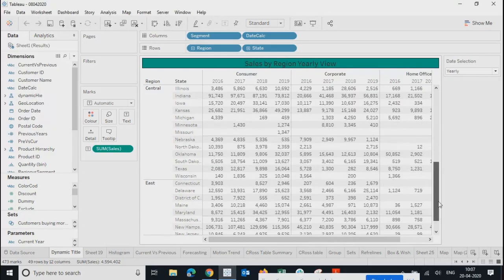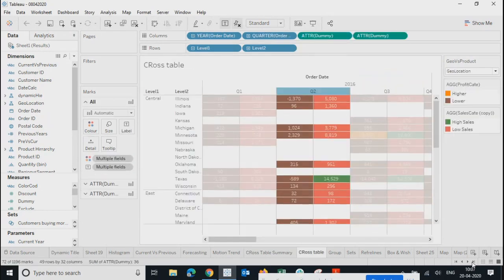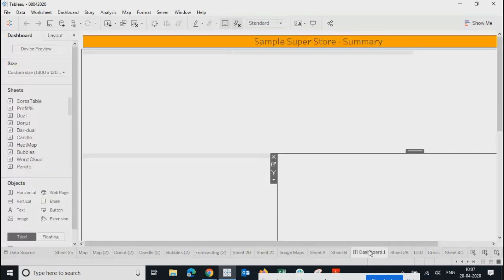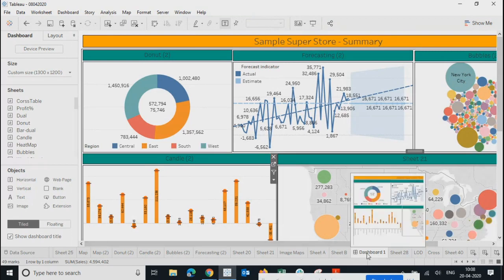We were planning to go for another dashboard. So far we just created one dashboard over here, and that was this, right? Let's create another dashboard, and this time,